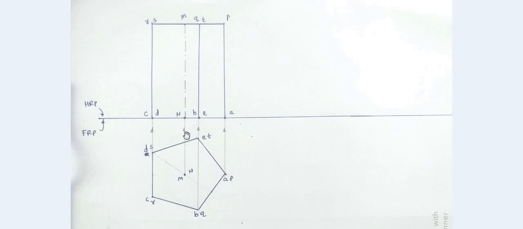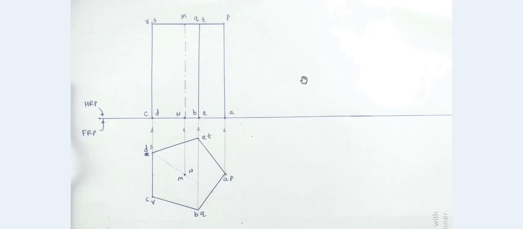Now in the next step we will be completing the condition with respect to HRP. As we are going to complete the condition with respect to HRP, we have to refer to the front view, because while considering the front view we treat this reference line as HRP. So in this front view we are going to make changes, and these changes would be made as per the condition, and the condition is point A should be in HRP. Every other point should be lifted. It should not be in HRP.